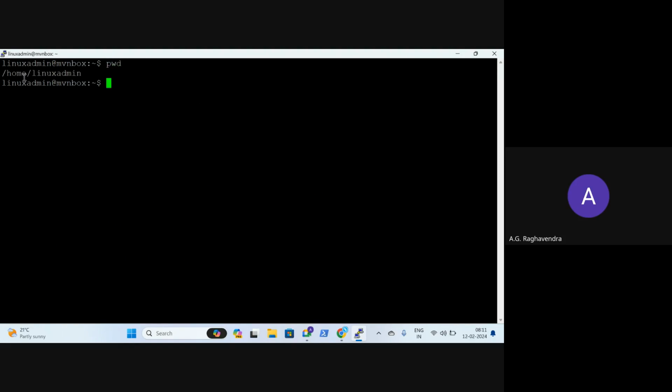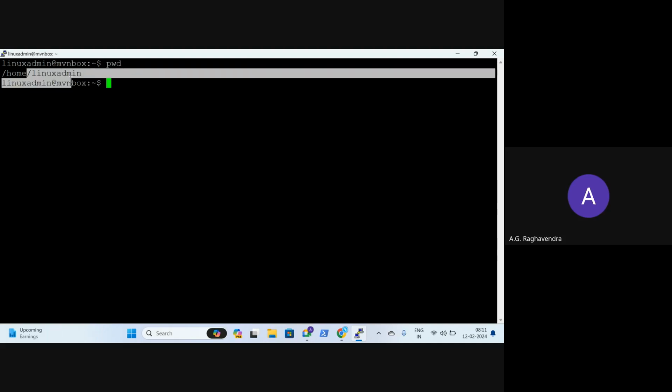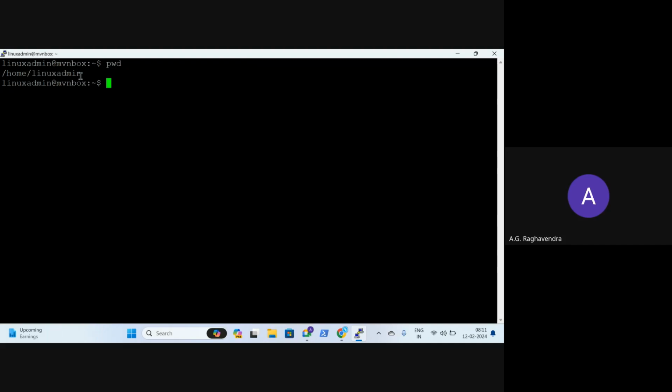Present working directory will tell you where you are. Now, slash home is a folder or a directory that is created to make sure whoever is connecting will have their respective individual folders.